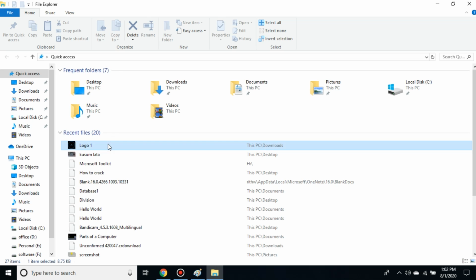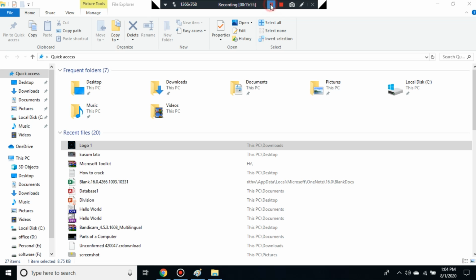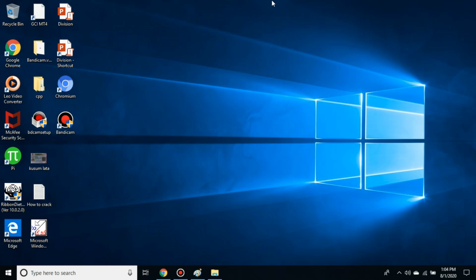So I will just double click on it and open, and I will show you how it looks. So it will open in a moment. Okay, by the way, it's not opening, but as you can see, it was very nice.